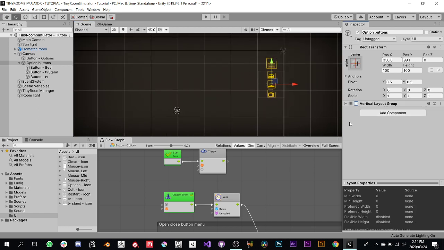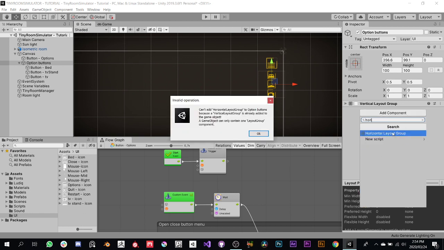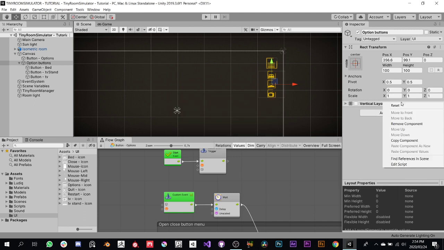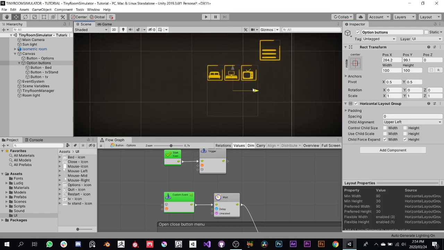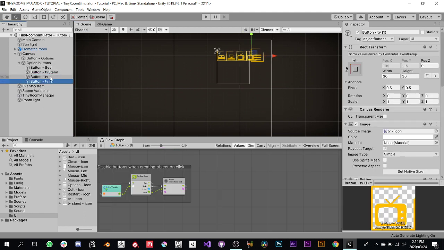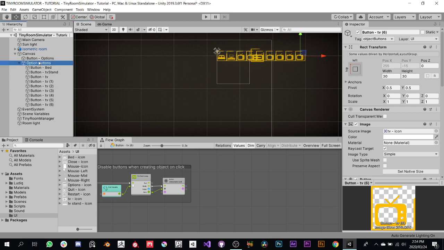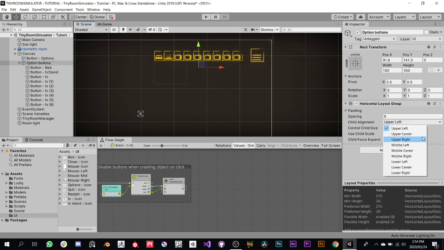Again, let's turn off the vertical group and have a horizontal group instead. Okay, let me just remove this one. I thought you could disable it completely. Notice how we have a horizontal group now, so I could put this on this side, and again, the more I duplicate, the more buttons I can add. So I could set this rather to be in the upper right so that it goes